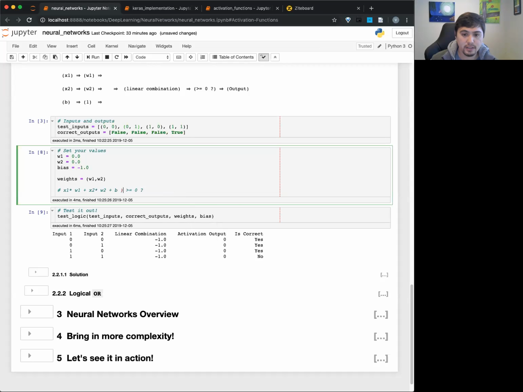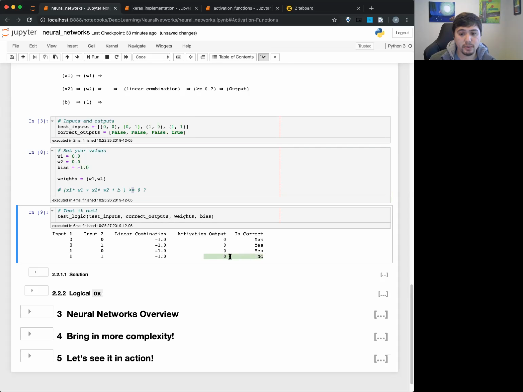Okay, so right now we have a -1 here, right? And we want this to be at least 0 in order for this to be true, because we want this activation to be 1, meaning true. How could we counteract this? We'll assume the bias is just -1. And then if you think of a specific scenario.